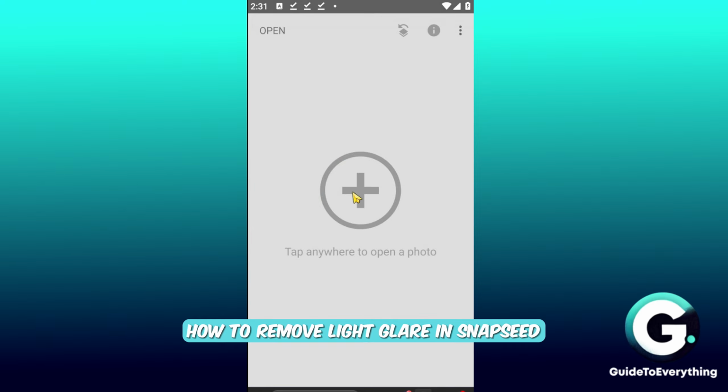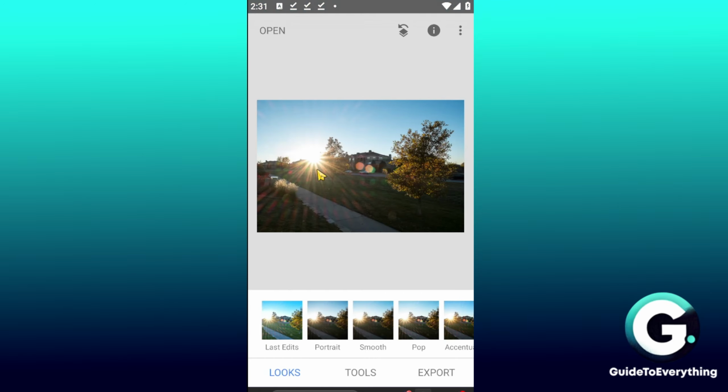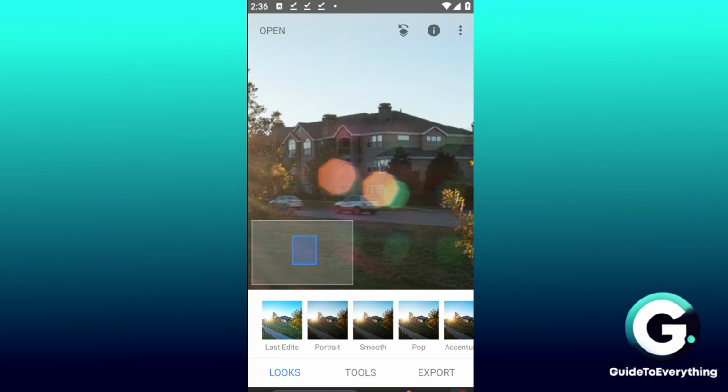So first things first, let's open up the image itself. Now, this is a big image right here with a lens glare. So I'm only going to do a portion of it. And then right after zooming in, go ahead and take a look at those lens blur or lens glare,